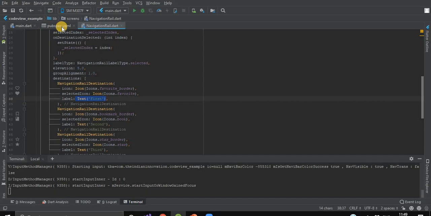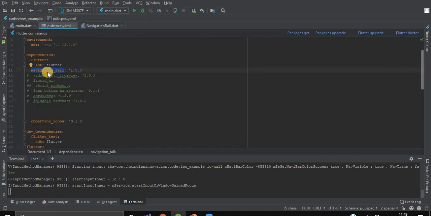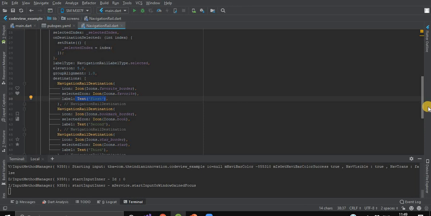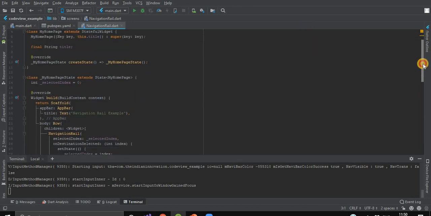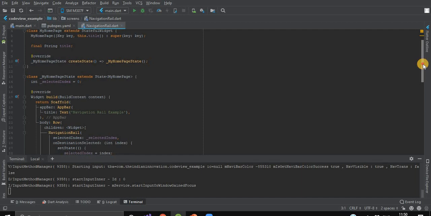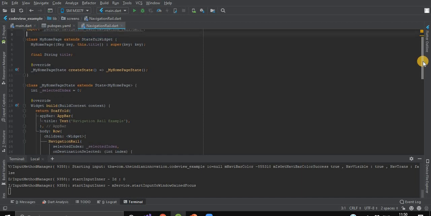Here, as you can see, I have already created one Flutter project. So first we'll implement this dependency in our pubspec.yaml file and install it. After this, we'll create a screen named navigation rail. So here, after importing this navigation rail package in our screen, we'll create a class named MyHomePage, which is a stateful widget.